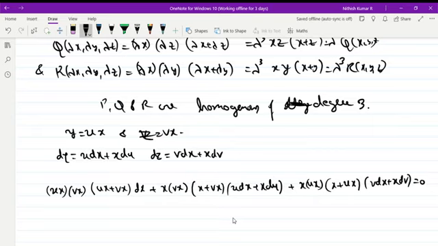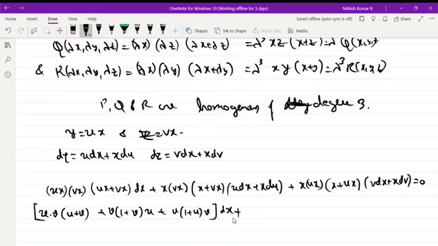Then my remaining terms, clubbing with respect to dx, are uv into (u plus v) plus v into (1 plus v) into u plus u into (1 plus u) into v, whole into dx